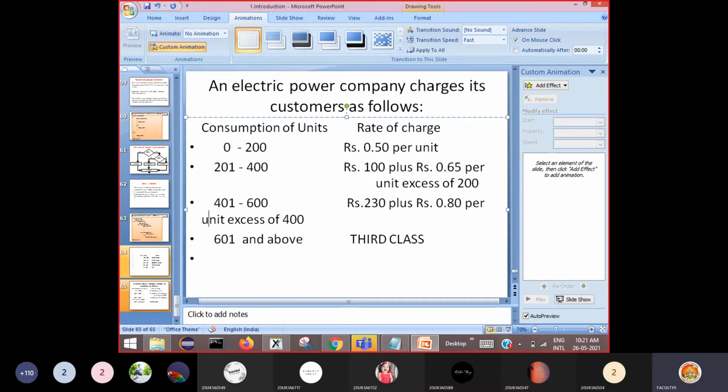And if it is greater than 600, then it is rupees 390 plus, say for example, 95 paisa per unit, in excess of 600.